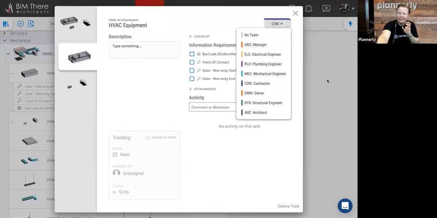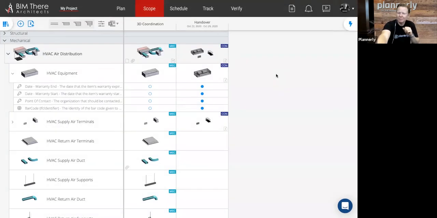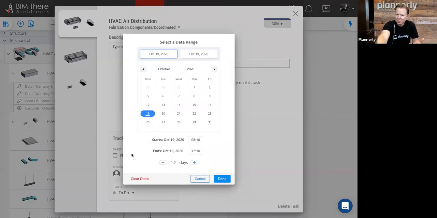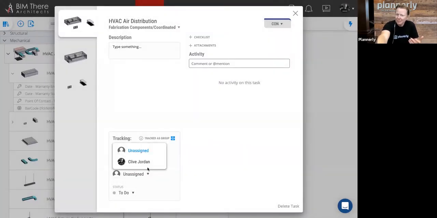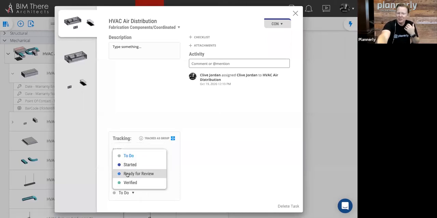So very, very clear definition of requirements with, from an ISO standards perspective, level of information need, what is needed, and making sure we know who's responsible for that. So really, really clearly defining that. And then as we go through this project, we might want to start assigning dates to it, assigning specific team members to it. Unfortunately, I'm the only person in our team at the moment. And also changing the status of that task as we go through the project. So that's just a way of quickly defining those information requirements and those packages required for each team member.